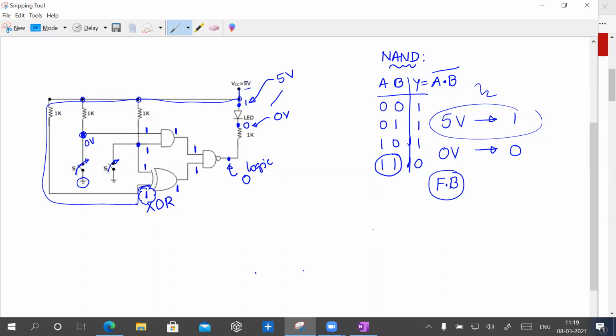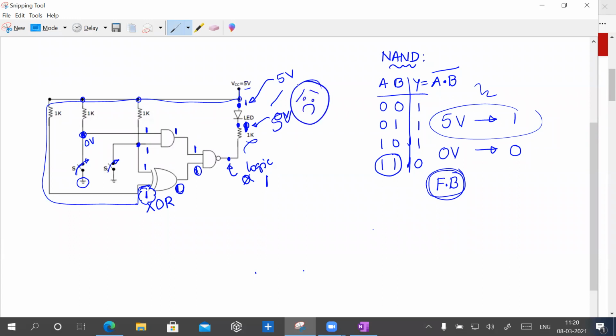So if 1 exclusive OR 1, what is it now? 0. If this is 0, of course 0. If one of the inputs of NAND is 0, output must be what now? Logic 1. That means, okay, you forgot about this 1K here, this is logic 1. Anyway, in the ideal case we don't bother about that 1K. Now in forward biased region, LED works, we know very well. So now both P-type and N-type have logic high. So now this became 5 volt, okay?